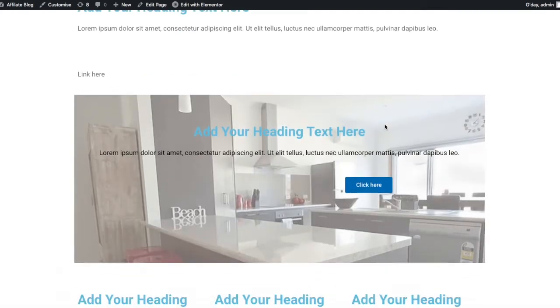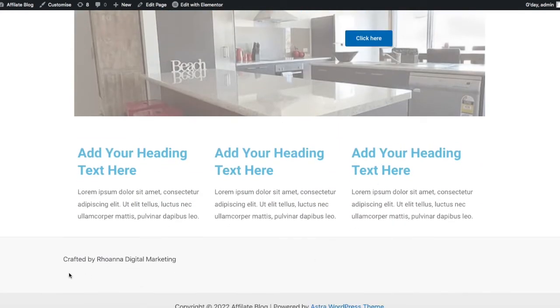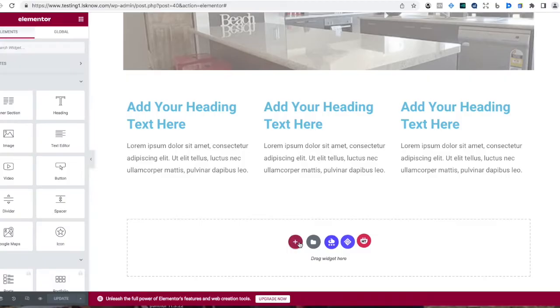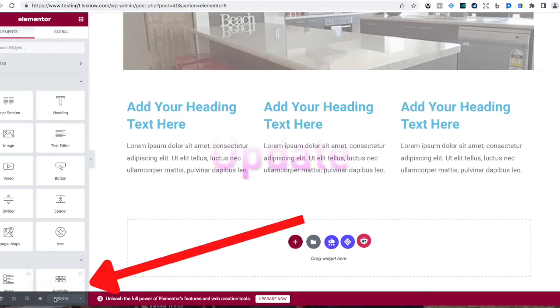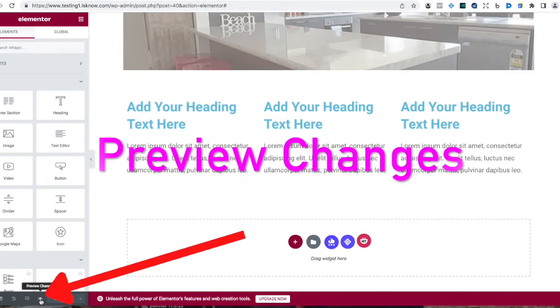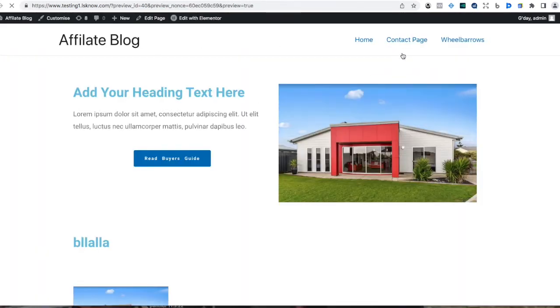So it's looking not so exciting right now, but we've got the core value. So you can see down here, it's already given you the copyright. Okay, now we can't build our footer out in Elementor because we don't have Elementor Pro, but ours would have automatically been built in with our theme. So let's go have a look, see what our theme has given us. So I'm just going to update so we don't lose anything, and then I'm going to go into this little eye here that says preview changes, and that'll open up on a new page what our website's looking like right